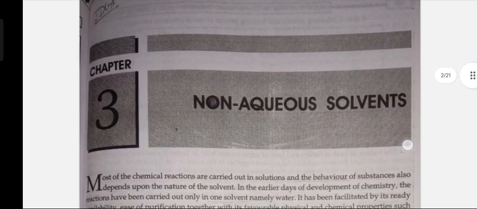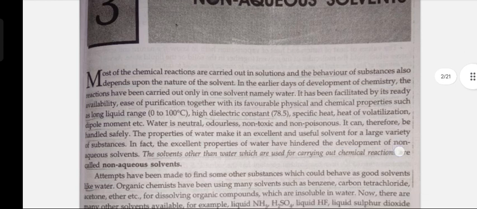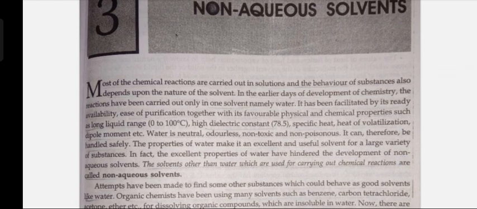Let's start with the introduction. Most of the chemical reactions are carried out in solutions, and the behavior of the substance also depends upon the nature of the solvent. In the earlier days of development of chemistry, the reactions were carried out only in one solvent, namely water. It has been facilitated by its ready availability, ease of purification together with its favorable physical